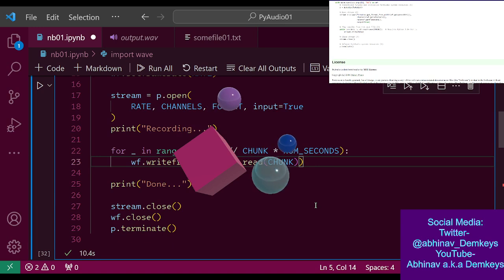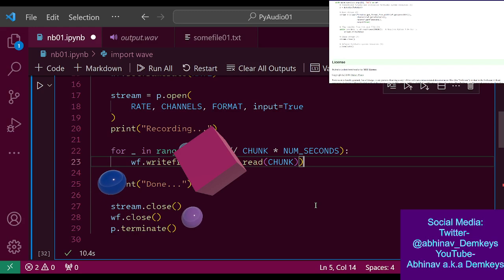The thing is, my tests have not shown me whether there would be some kind of difference in performance if I use a smaller chunk value versus a bigger chunk value.